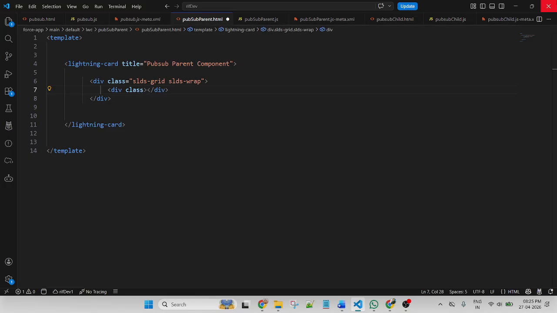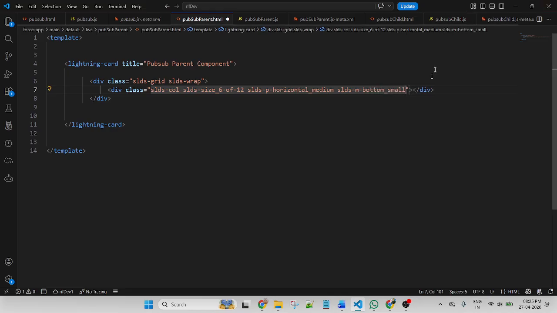Div class SLDS, P, phone SLDS, size 6 of 12, SLDS, P, horizontal, medium, SLDS, M, bottom, that means margin bottom, small.